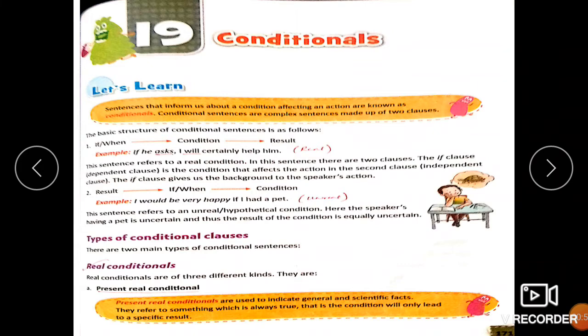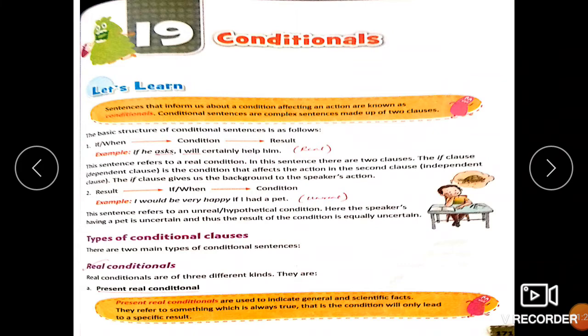Remember, children, we have already learned what clauses are. We have also learned that a sentence may have two main clauses, or a sentence may have one main clause and more than one subordinate or dependent clause. Such kinds of sentences are complex sentences, sentences which you have identified as adverb clause, noun clause or adjective clause. Those are all complex sentences.